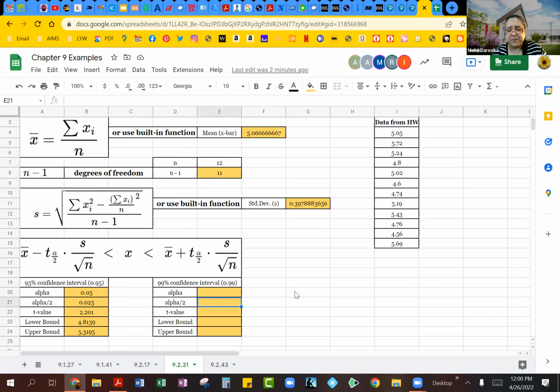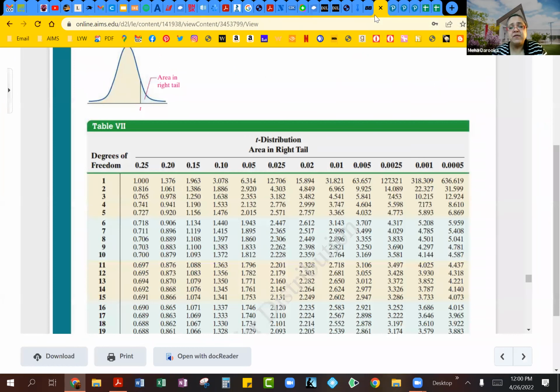So for this, we will be doing 1 minus 0.99 because we have a 99% confidence interval. Oh, instead of a minus sign, I put a decimal. That should be 1 minus. There we go. Then obviously that means our alpha divided by 2 value is going to be different, 0.005. Your degrees of freedom obviously will still stay the same because we still have 12 data values. So degrees of freedom is 11. But now our percentage has changed. So 0.005 and degrees of freedom 11.